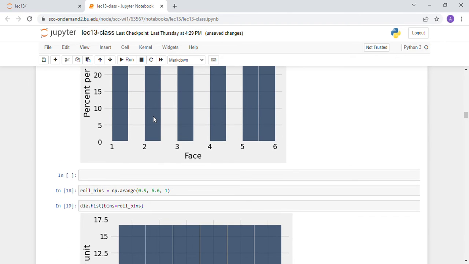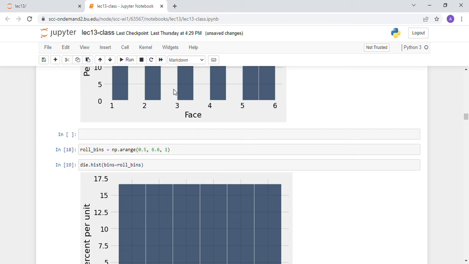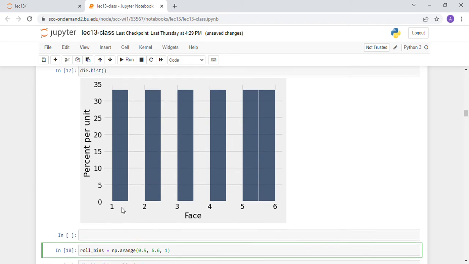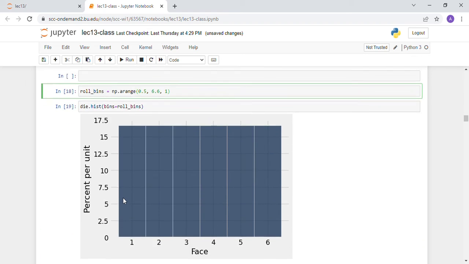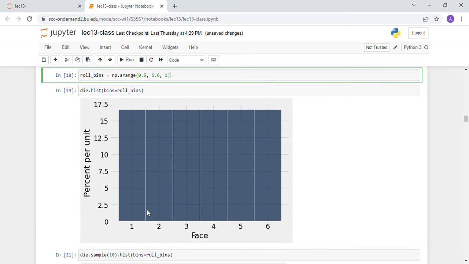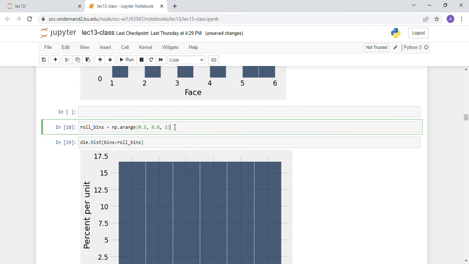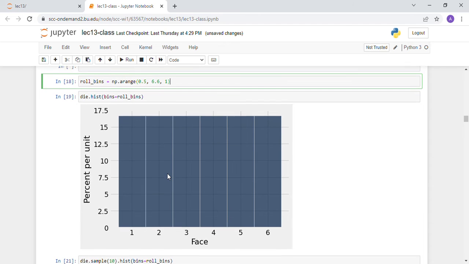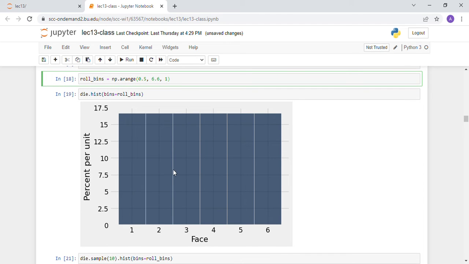But then that's the raw histogram, the proper histogram with the correct bins as made by this array right here. It basically assures, since dice are 1, 2, 3, or 4, the way that the bins work is they include the starting point and don't include the finishing point, so it's logical to arrange them in this manner so that it goes by 0.5, 1.5, 2.5, etc. So you're never on the overlap point. And so this is what the ideal histogram would look like from a